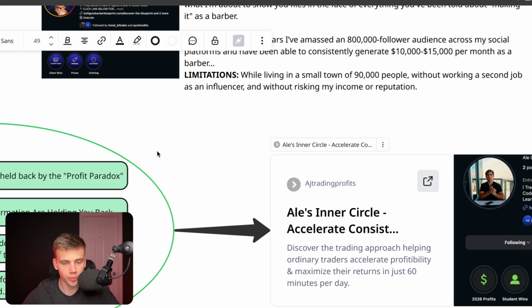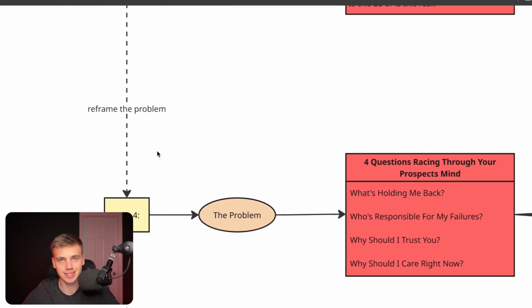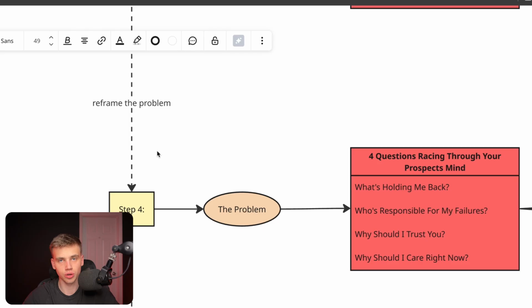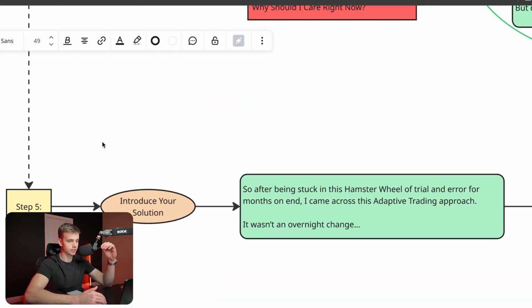So that's how we successfully introduce the problem and the problem mechanism with Ali's VSL. Now, once you introduce your problem, the next step is introducing your solution. But this is also where a lot of writers and people who create their VSLs go wrong, because they jump straight from problem to solution and nothing in between. The way you need to introduce your solution is through an epiphany bridge. And the way that looks like